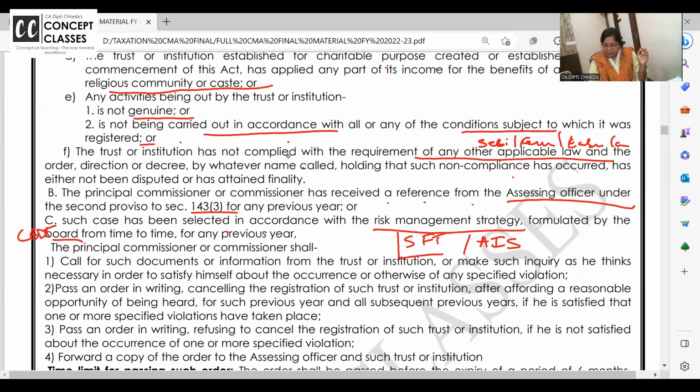Now these kind of specified financial transactions are auto dropped in your 26AS. All this detail I will teach you when I do this chapter. In your syllabus, there's a topic called miscellaneous provisions. There this is covered, SFT, Specified Financial Transactions. Auto drop. GST में turnover जितना, income tax में अपने आप आ जाएगा.